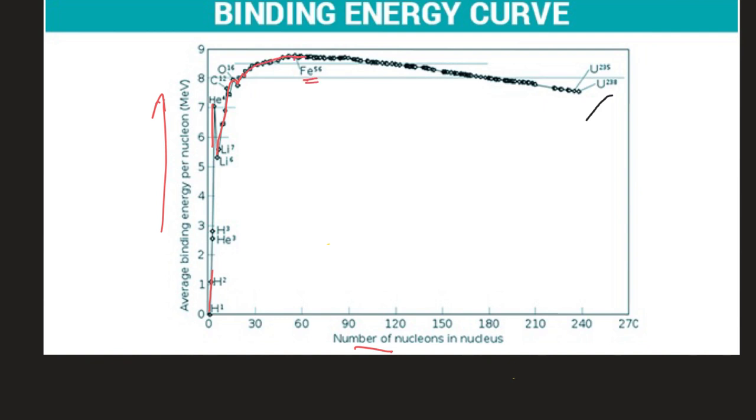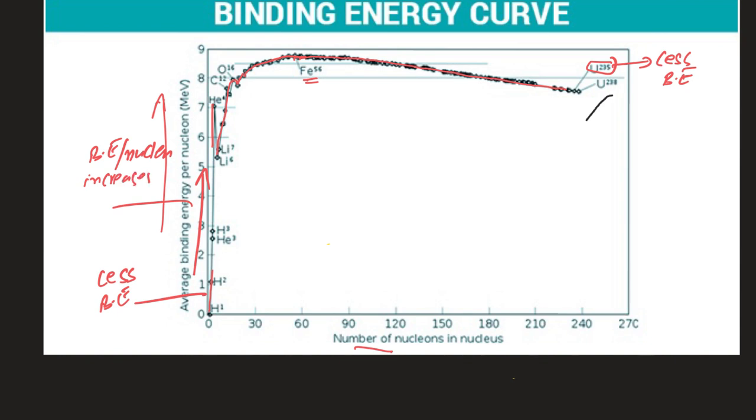The peak is for iron 56, and then again it starts to decrease, and here is uranium 235, with less binding energy here, and here you will see that there is also less binding energy. So as soon as you move up the curve, the binding energy per nucleon starts to increase,